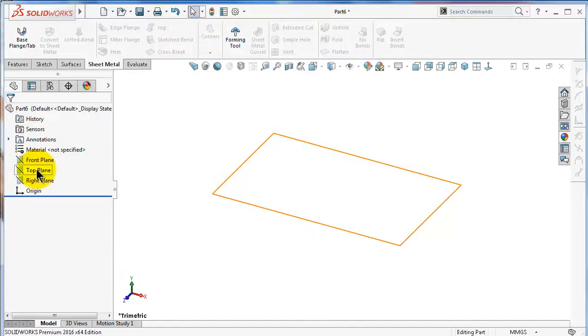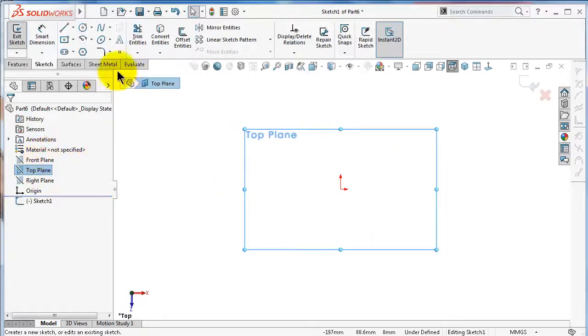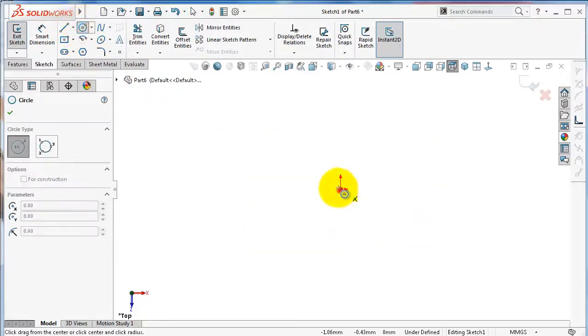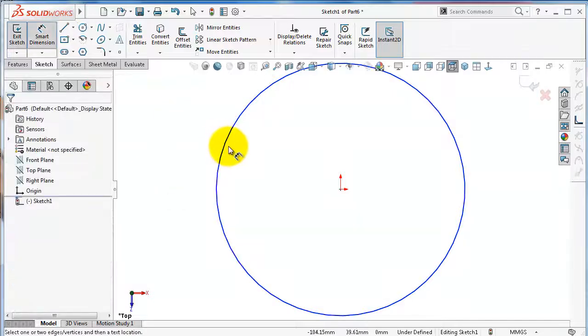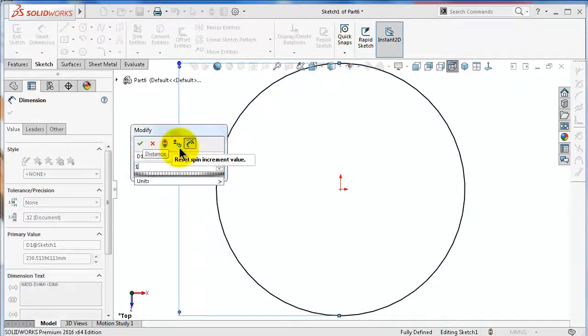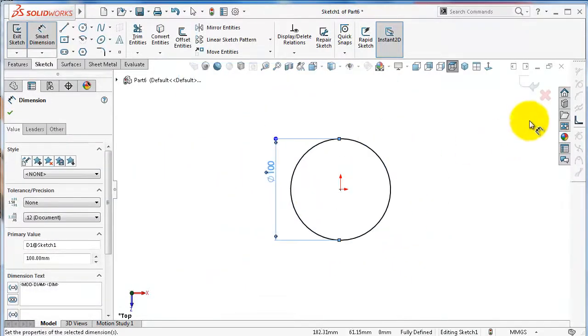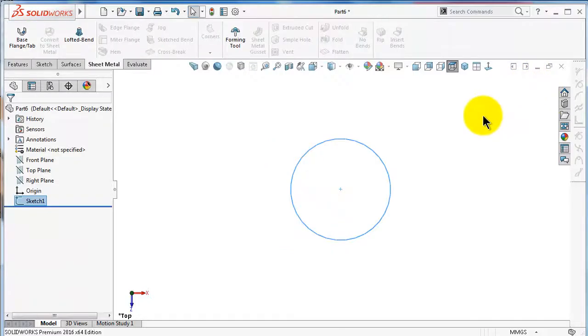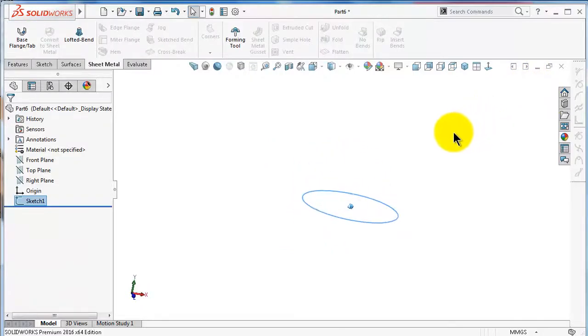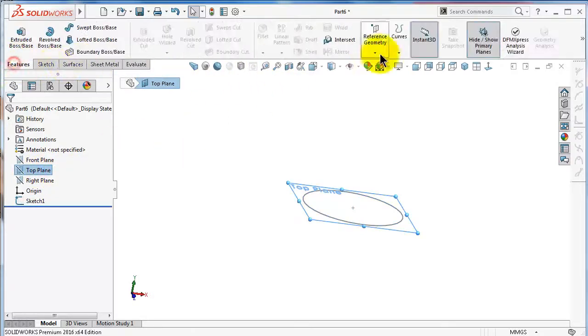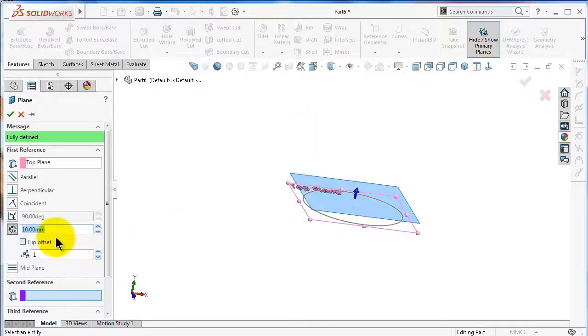Let's make a circle on the top plane and give it a dimension of 100, and make another sketch on another plane. Let's make a plane parallel to the top plane with a distance of 200. Click OK